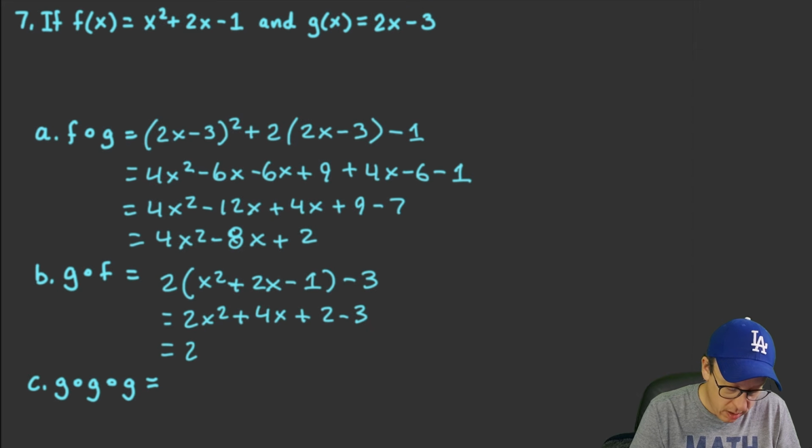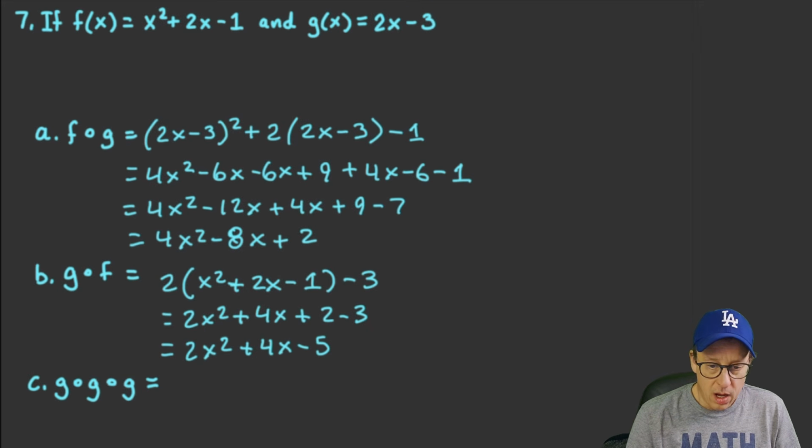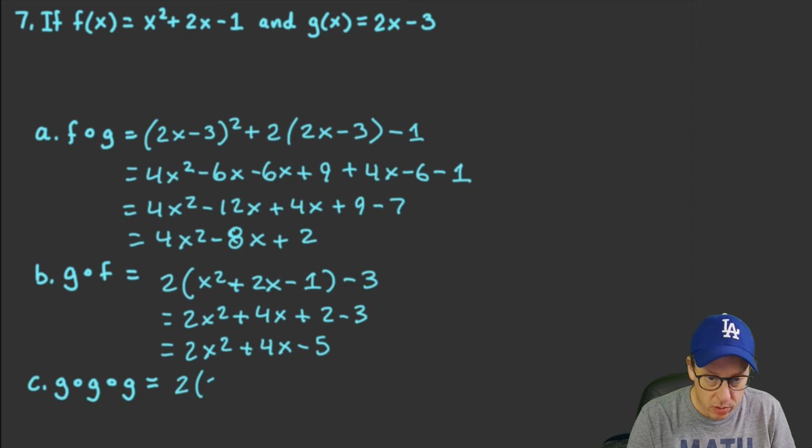which gives us a final answer of 2x squared plus 4x minus 5. All right. And then you could sort of do compose. This actually looks a lot more complicated than it is, so I'm just going to solve it. Can you see it on the screen? Yes, you can. Okay, so